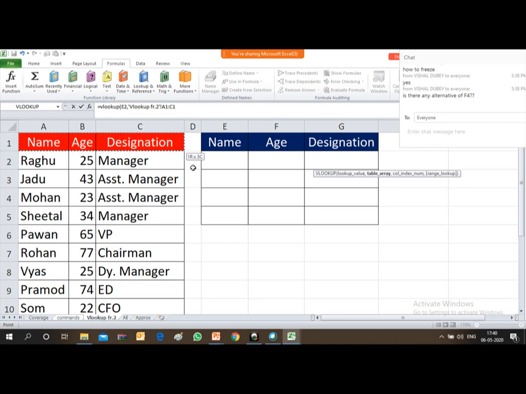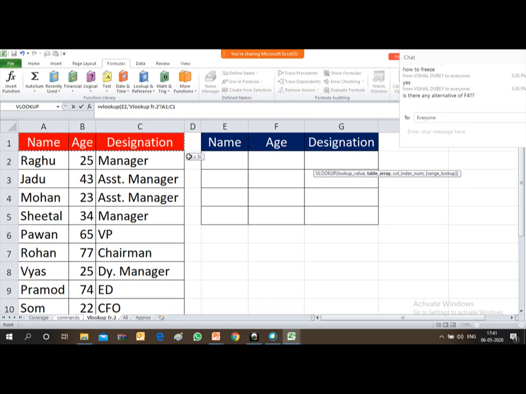In the box it is mentioned 1R into 3C. It means first row into third column. You don't have to remember the number of the column. The number of the column will automatically appear in this small box.